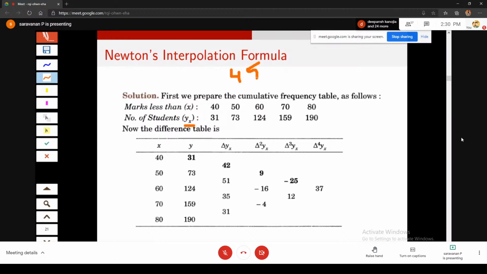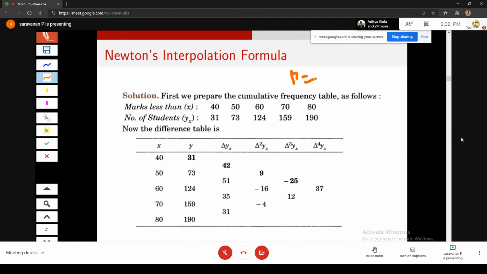So first construct the table. x is 45, and 45 lies near the beginning. Therefore, we use Newton's forward interpolation formula. Take x0 equal to 40. Then this will become y0, delta y0, delta square y0, delta cube y0, delta power 4 y0. Then write the formula. What is the formula for p? p is